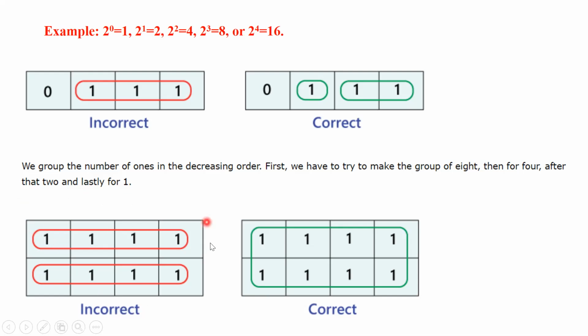Now suppose here in these 2 adjacent rows, I have all ones. So you might feel कि चलो ये 4 का एक group बना देते हैं, ये 4 का भी एक group बना देते हैं. No, it's wrong. I have to always start with the highest one. So if I look at the highest one, I can have 1, 2, 3, 4, 5, 6, 7, 8. Yes, 2 raised to 3 is 8. I can make this whole group as 1. So I will make this group. First we will make the group. Then we will see what we will do with that particular group.